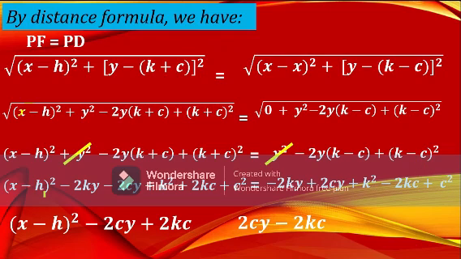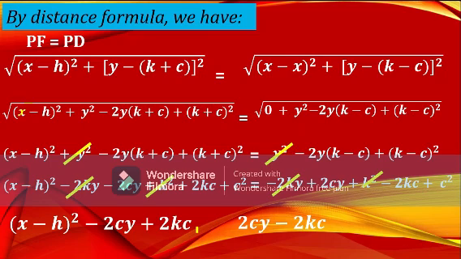Okay, now we have y squared here, and we also have y squared on the other side of the equation. If we are going to transpose y squared here, that becomes y squared minus y squared, so just simply cancel that out. So what remains is (x minus h) quantity squared minus 2cy plus 2kc